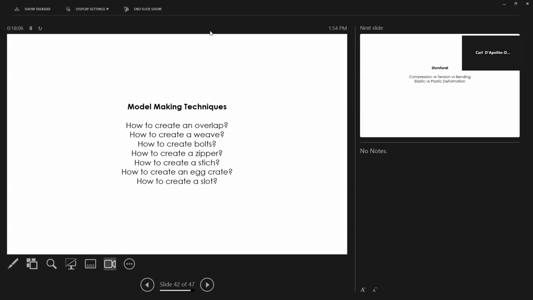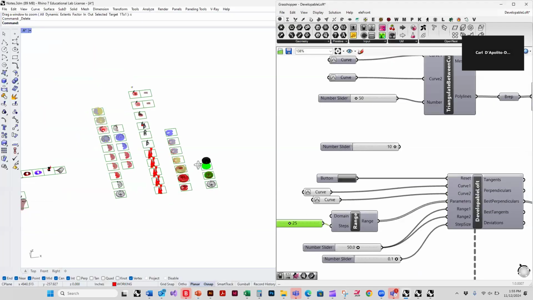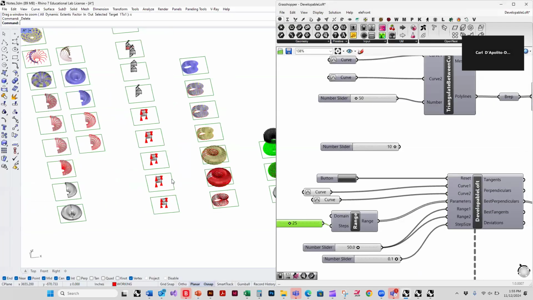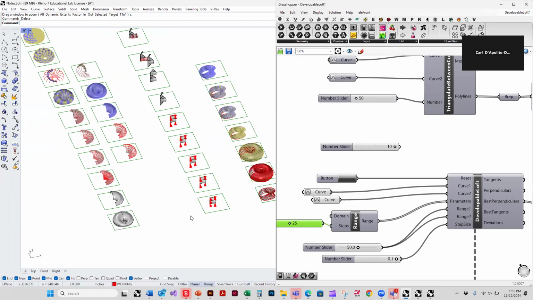I'm going to show you some of these things again. Not all of them, not going to go through the zipper again. But okay, and I want to show you how to troubleshoot the principal curvature, because some of you have run into issues with it when it comes up. I've met with some of you, but that's what I'm going to do. Okay, so